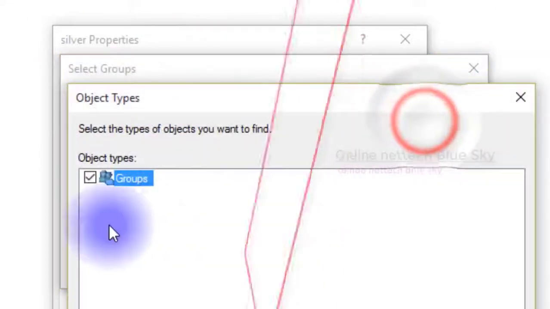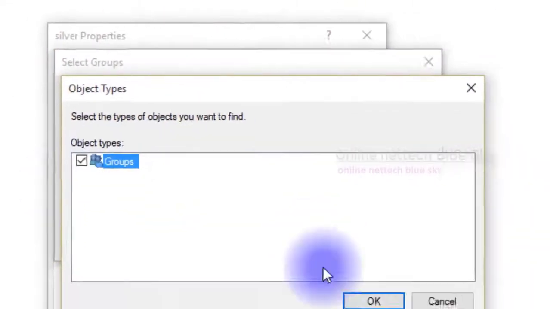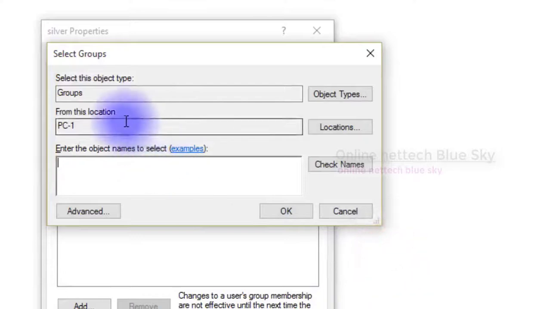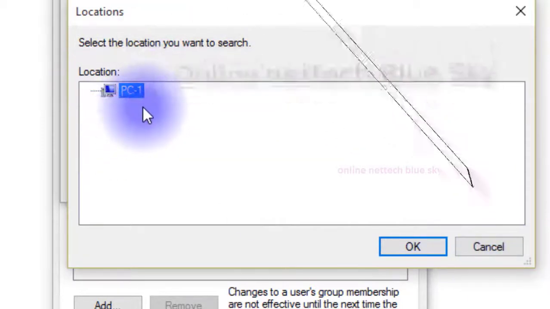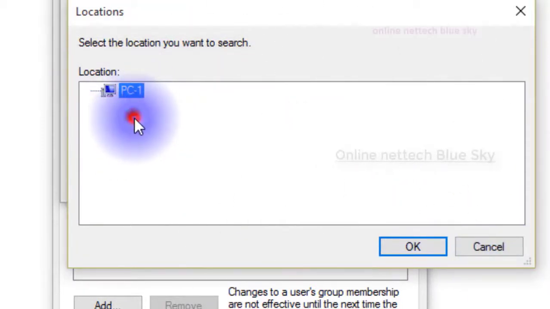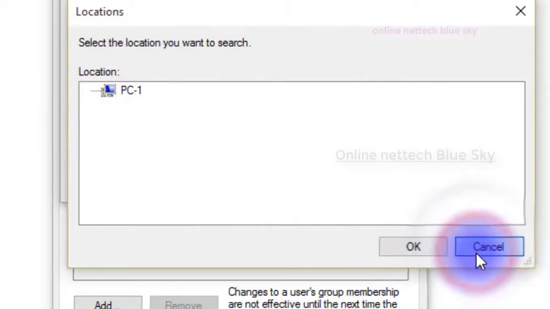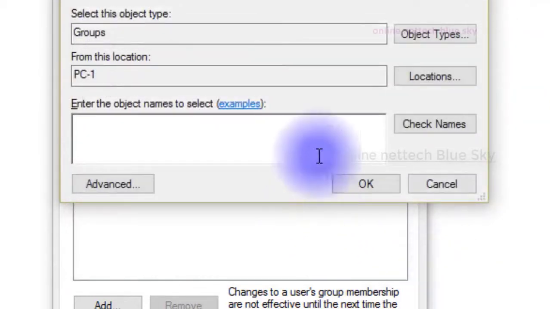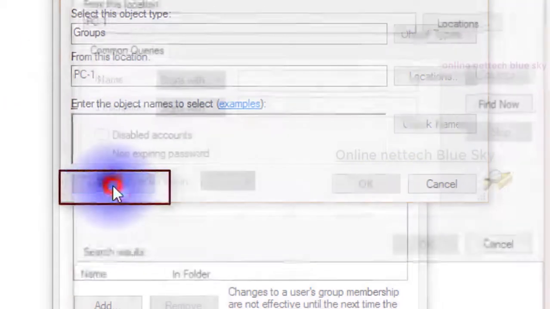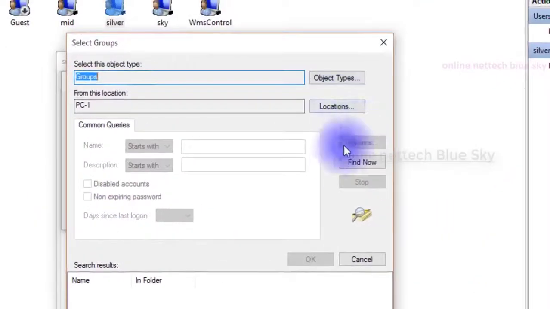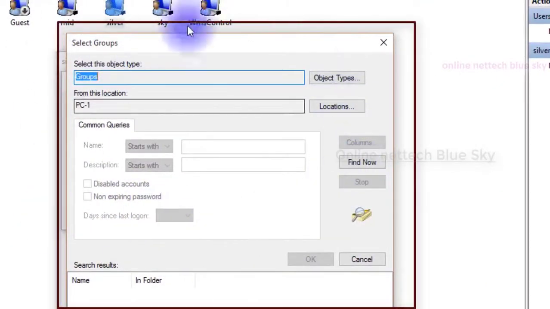So just talk about select options and what a group is. You can see these locations here. This is the PC1 location, and inside it this user works here. You connect to others in the network, so this tab is shown here. Okay, so I am just showing it here, and you can see first the advanced systems, and you can see first PC, and you can see this tab and select group.